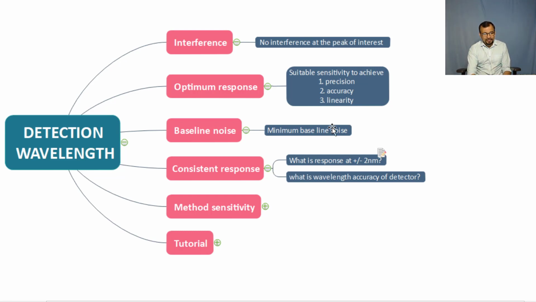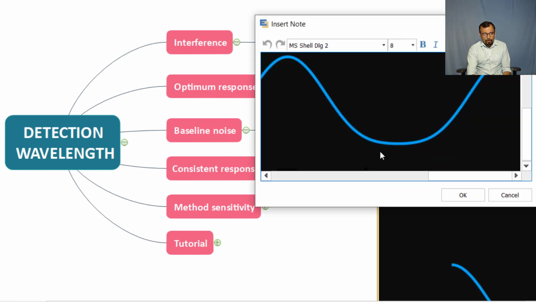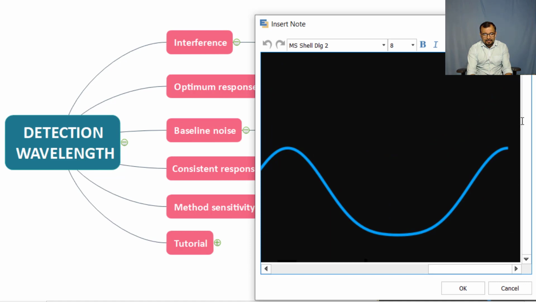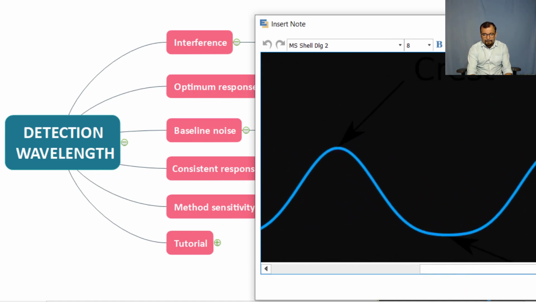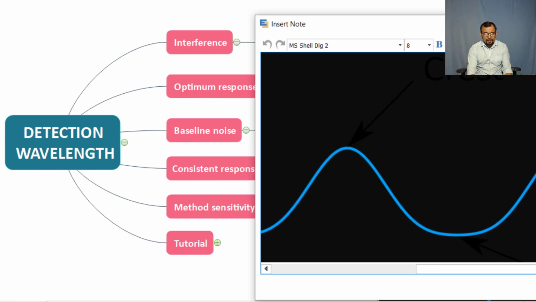To explain this further, let me take the help of a simple diagram. Okay, so now look at the wave. Let us say this is the UV spectrum you got out of your experiment, and there is a crest and there is a trough you can see on the screen. Now just imagine, look at the cursor.